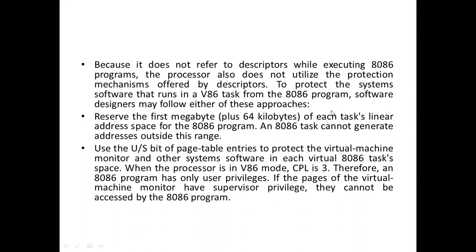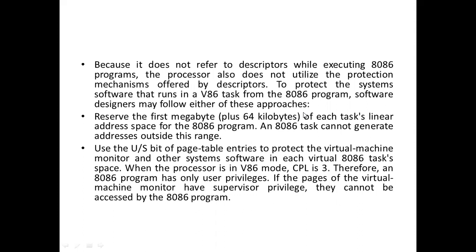So this is some descriptive part, which we have seen already in the previous session. Now, when you are initializing the processor, we need to identify the specific registers which will have changes. Like that, when the processor is in x86 mode, your CPL value will be 3. Three means lower privileges, depending on the CPL bit.